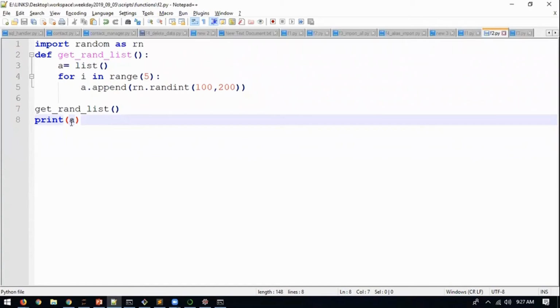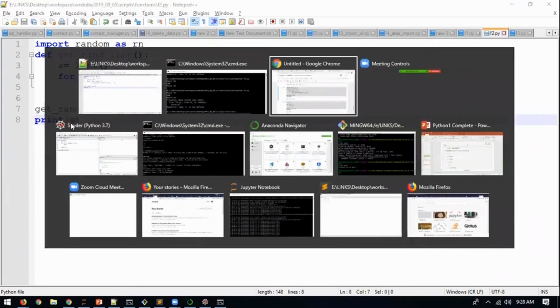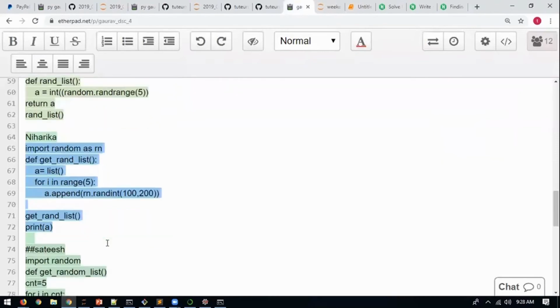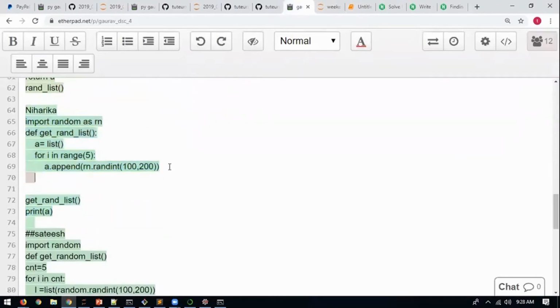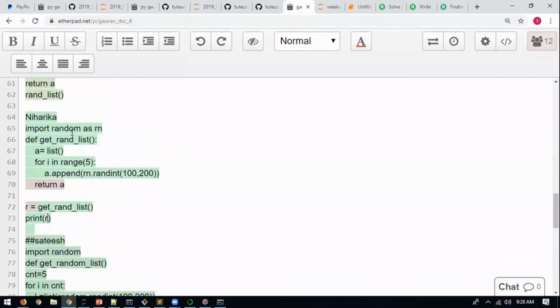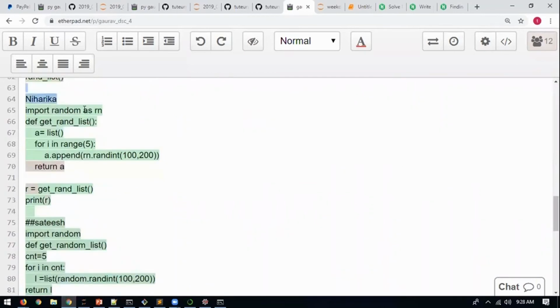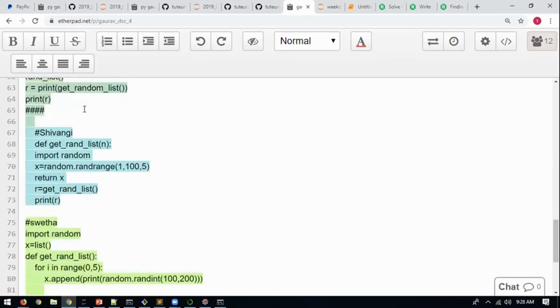Fine. Now you get, is it clear, Niharika, why you are getting wrong output? So this function that you have written, it should preferably return the result. You should write there return a. And then store it inside some variable. Let's say r equals to this thing and then this thing. Now it will be better. Fine. Okay. Clear about your code? Yeah. Okay. Others, you also please focus on what mistakes other people are making. So these 2 codes done.